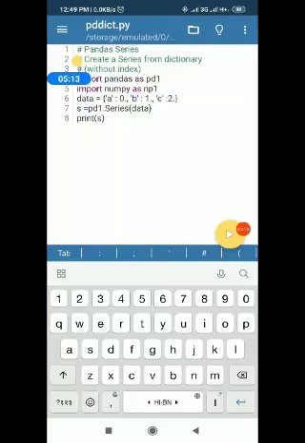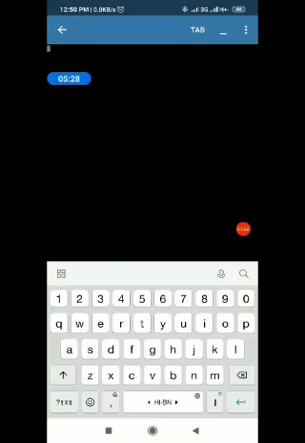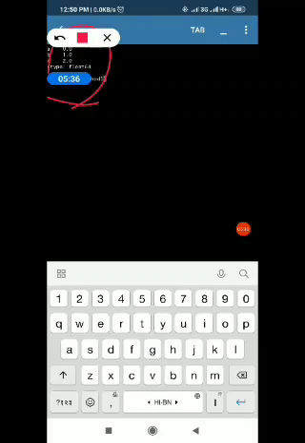If you see, the same program is written here, and I am just going to run it. To run, you have to use this key. Okay, so I am going to run this program, and you will get the output here. This is the output.